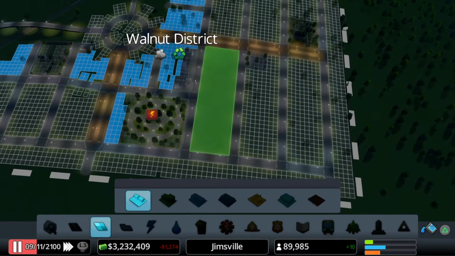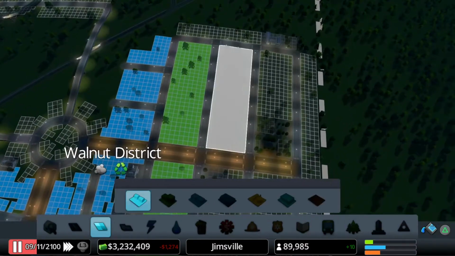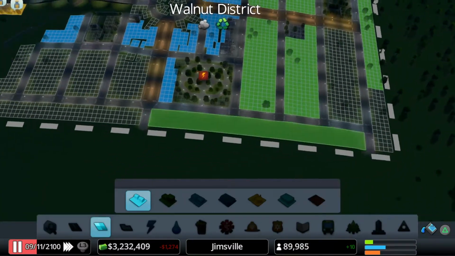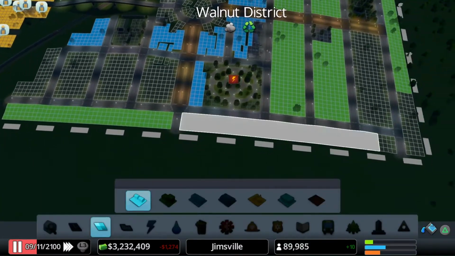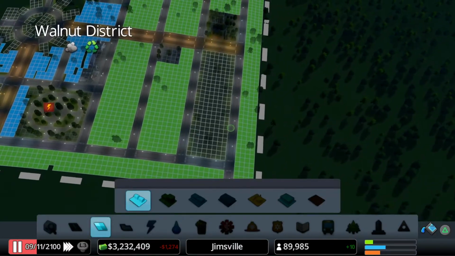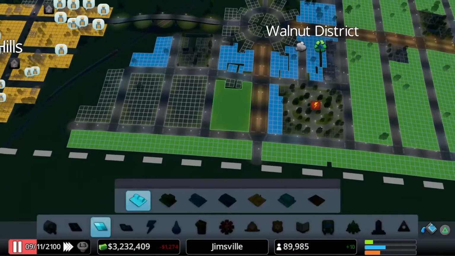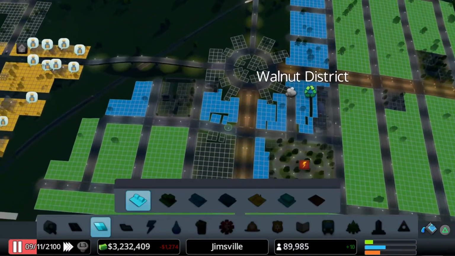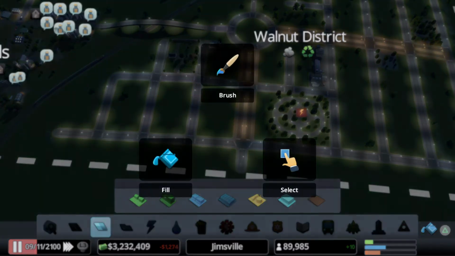Let's start dropping in our residential. Like so. I'm going to save that bit just there because I might put some more. In fact, yeah, we'll go partial on that.